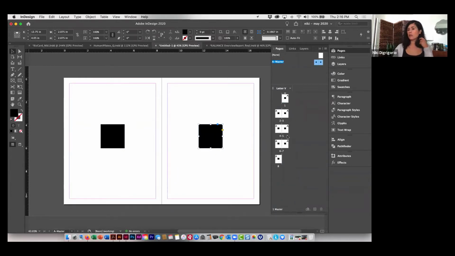So can you see in the pages panel how there's a little square on each of my pages? And do you see this little A in the top right? That means that master page A has been applied to all of these pages. If you don't want a black square or whatever your item is on all the pages, you can drag no master page to whatever page you like, and then just have your master pages appear on the rest